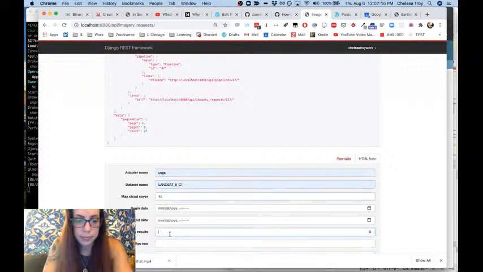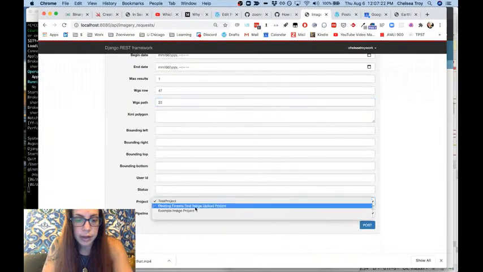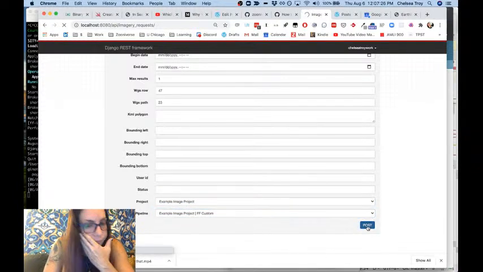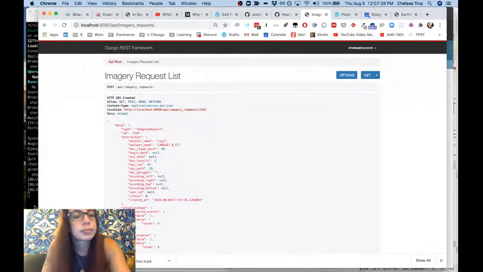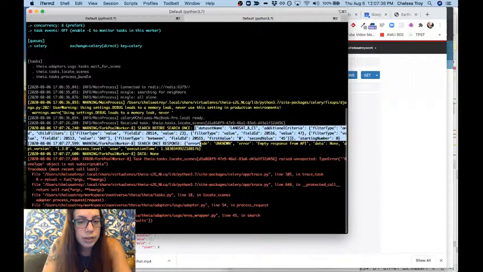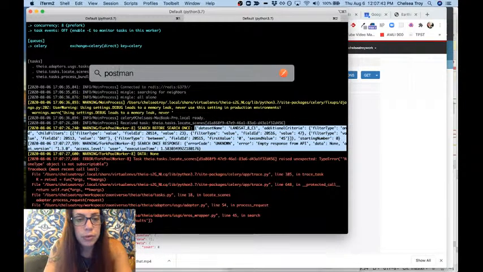USGS 147.23. Not that any of this matters because it's going to fail immediately, but okay, so this is our request that we're making. So if we go to Postman,